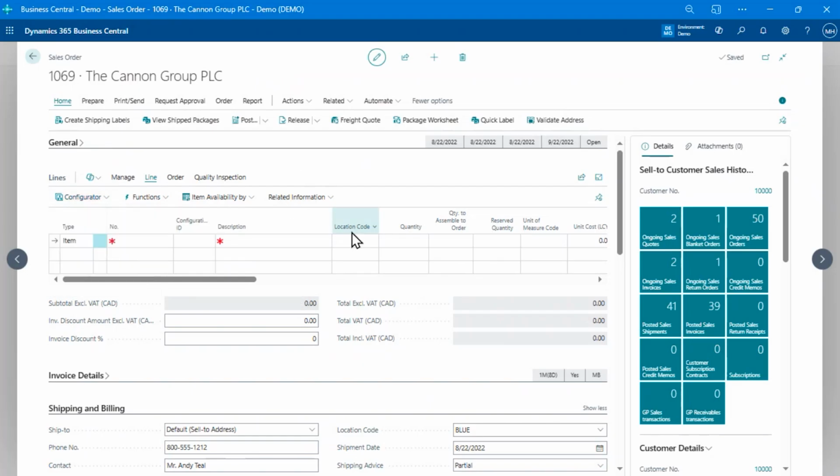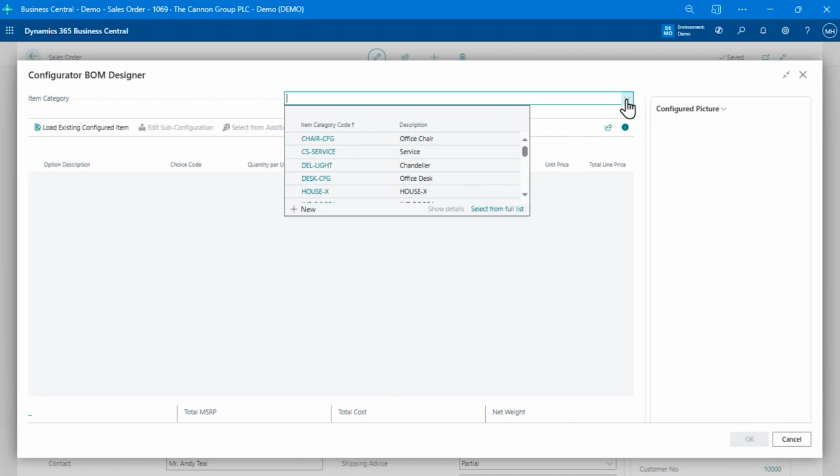And we've got a customer that's come in and they want to buy a desk from us or a PC. They're setting up their home office. So they're going to buy a desk and a PC from us. So let's go in here. And the first thing I'm going to do is choose the type of product that we need